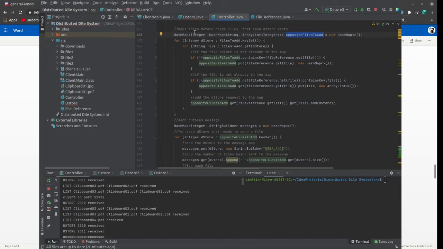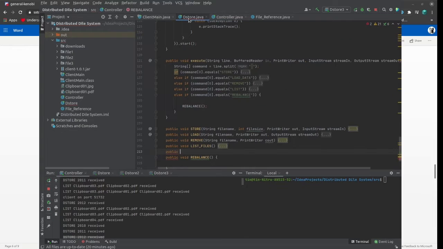You do have to remember as well, we aren't going to need this original hash map because this is the identifier for each individual Dstore. So what I could do, we could have,